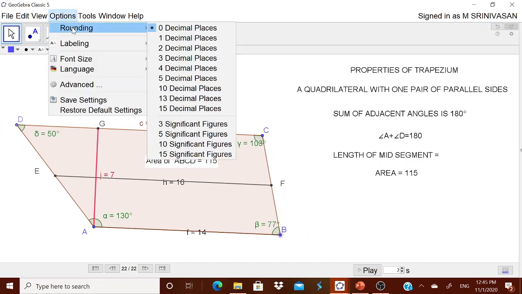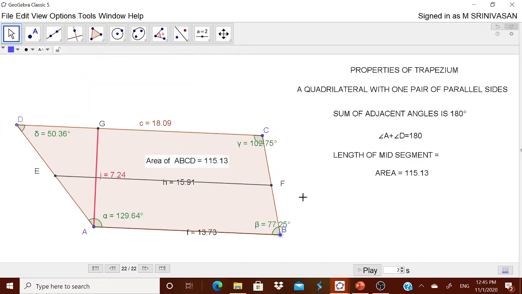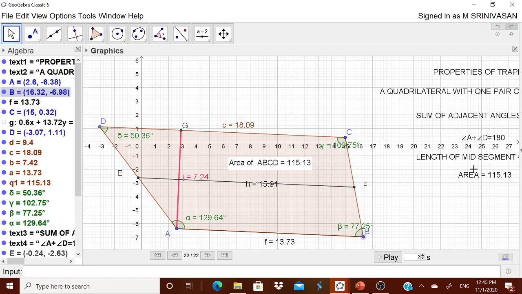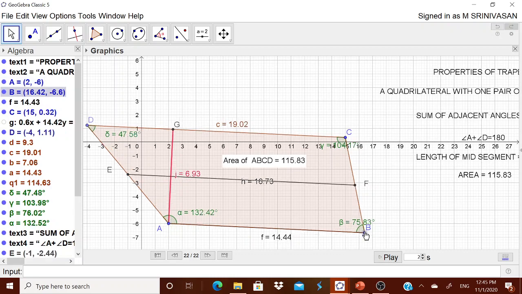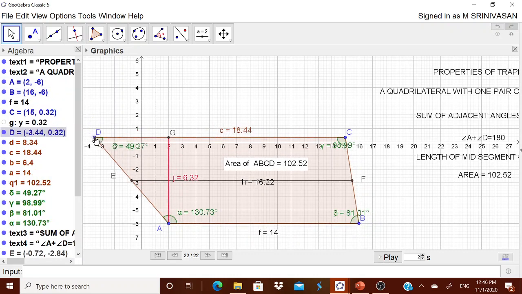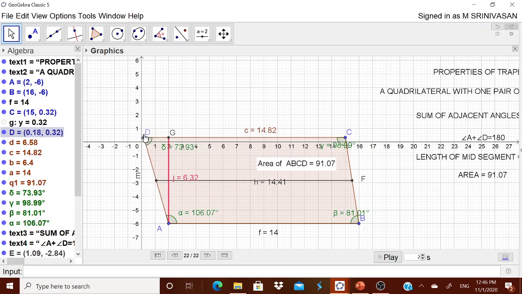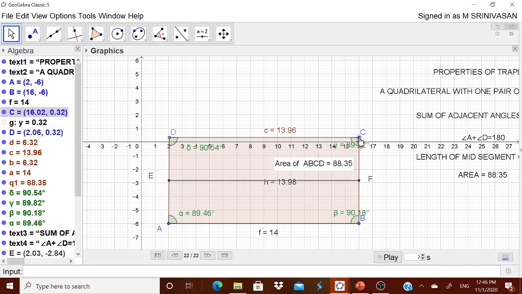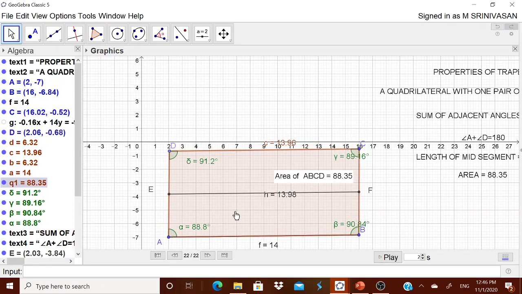But remember, one thing you should be a little bit careful. If I round it off to 2 decimal places, there are some automatic changes. Suppose you want the length to be a little bit of an integer, what you can do is go to this graphing. You have the x-axis, y-axis now. Then pull and push it somewhere here and then put it in a particular point, and then again pull it and put it in a particular point. Like that, you can make it exactly whatever length you want. You can have the length over here. Therefore the child can now calculate very quickly whatever they want.